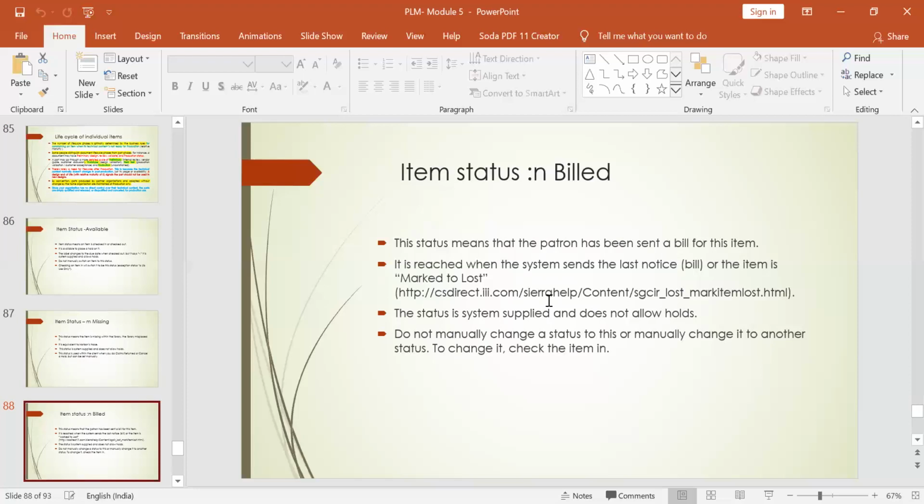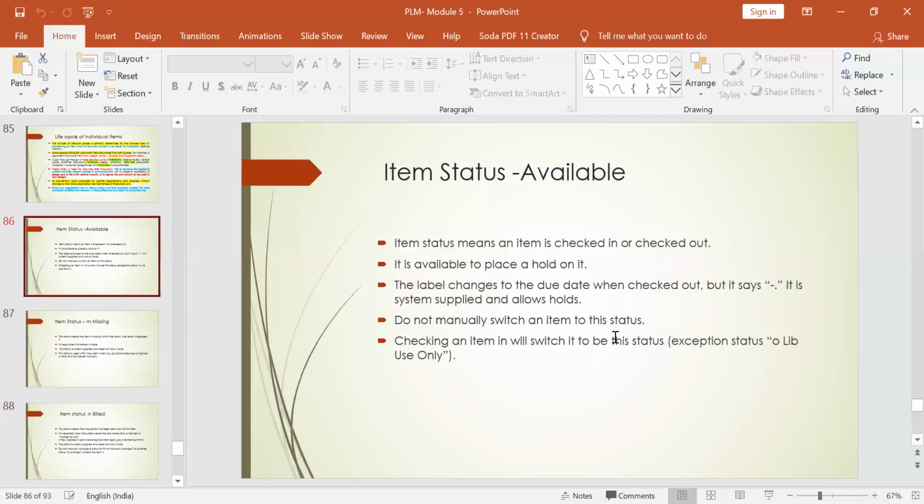So based on the bill received, this status will be displayed as billed for the particular item which was processed and checked out. Based on the checkout, a bill will be claimed so that the system won't have any hold, but it will show the status as billed because it has been received by some other organization or any other team in which another process has been carried out. Here also you cannot change the status manually, as in the case of item status available.